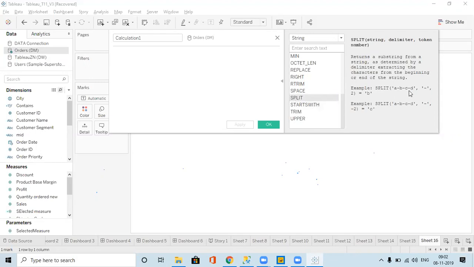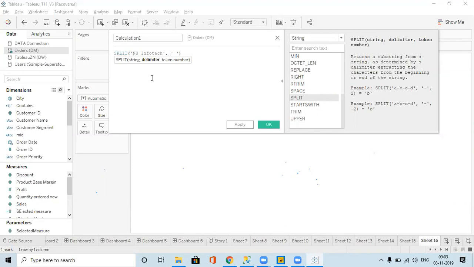If you want to split this text based on a separator, the delimiter, we can do the splitting also. Like split, we have to give the string, and I have to give the delimiter to split it.